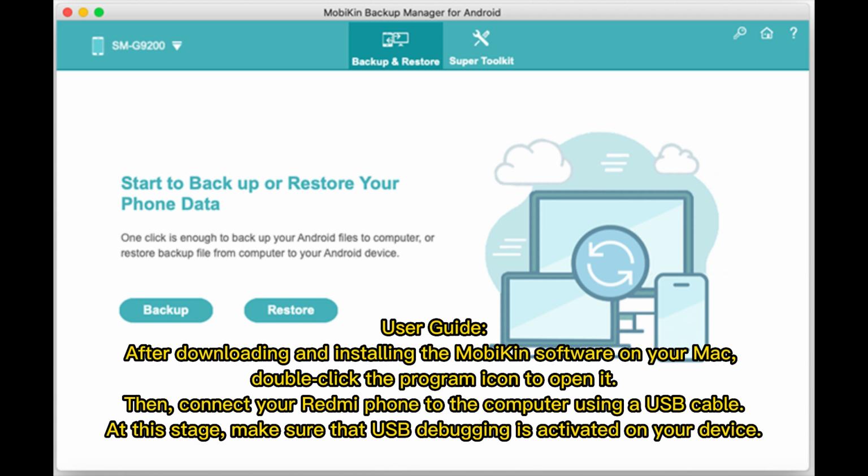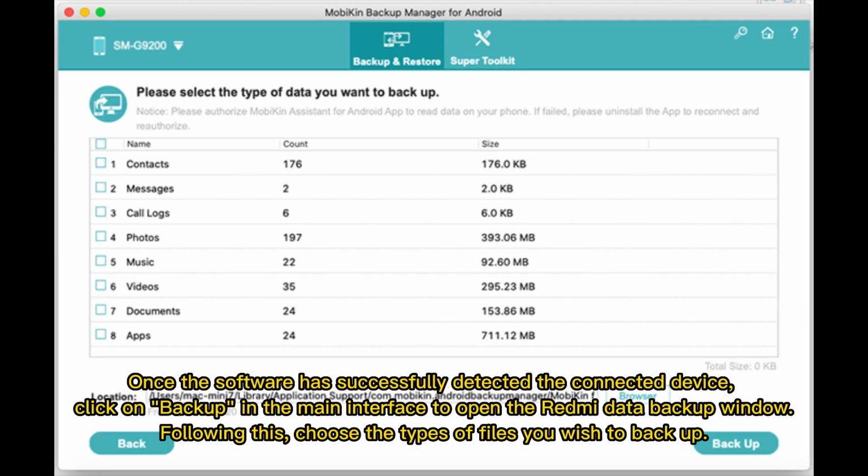User Guide. After downloading and installing the MobiKin software on your Mac, double-click the program icon to open it. Then, connect your Redmi phone to the computer using a USB cable. At this stage, make sure that USB debugging is activated on your device. Once the software has successfully detected the connected device, click on Backup in the main interface to open the Redmi